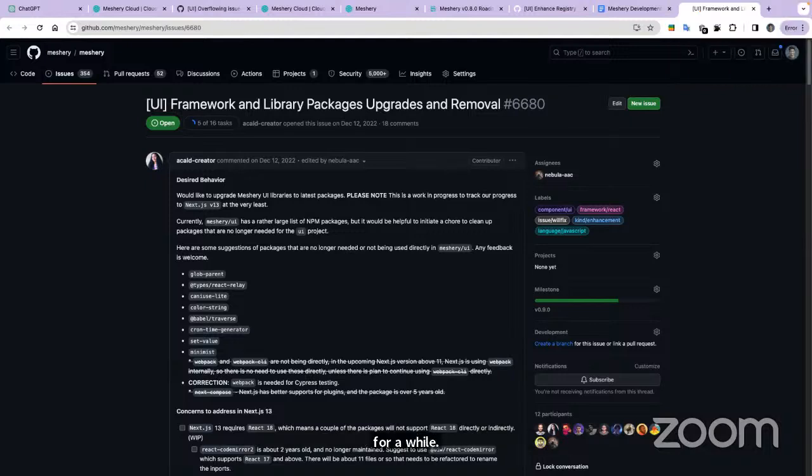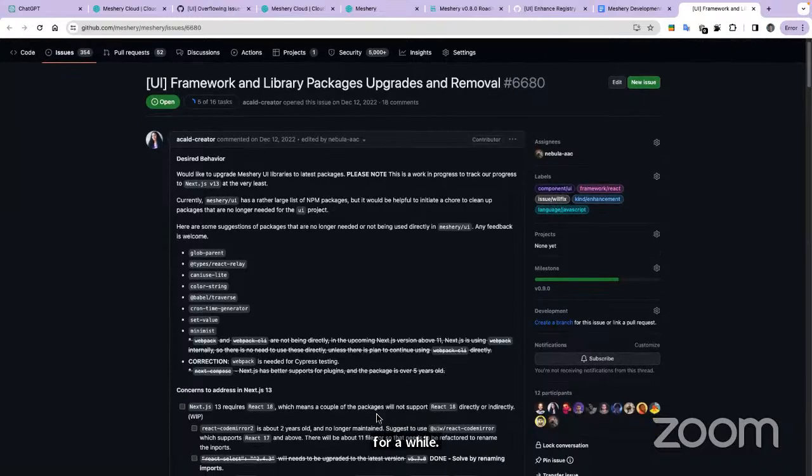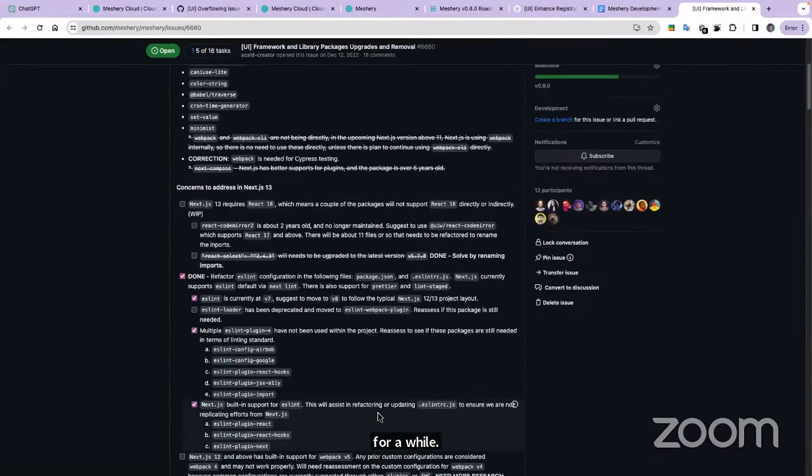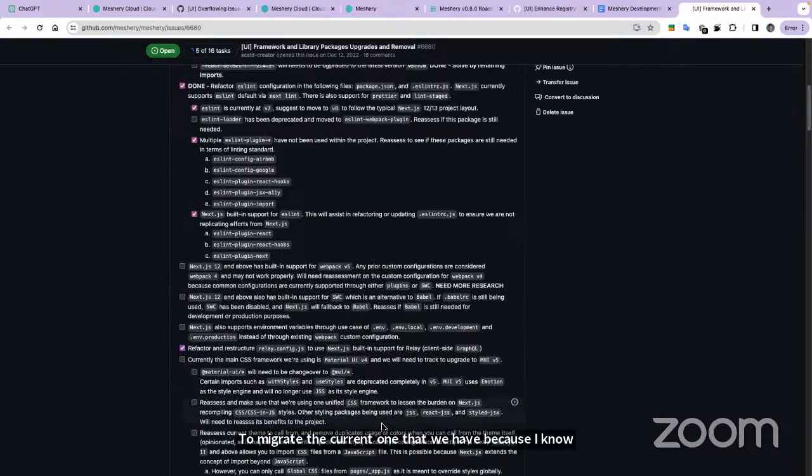I do want to point out that we are also doing a Redux migration, but the only reason I haven't pushed just yet to migrate the current one that we have is that I know a portion of it has been migrated to RTK.